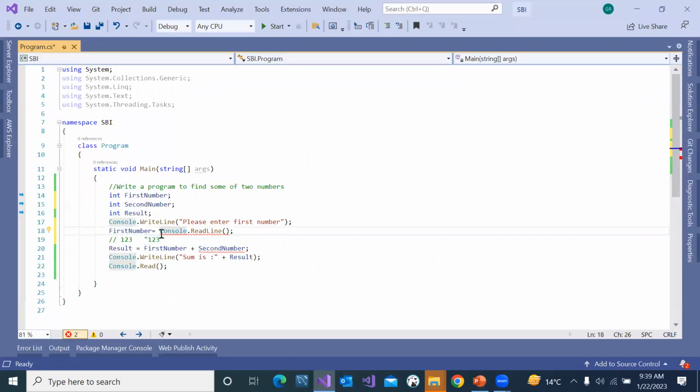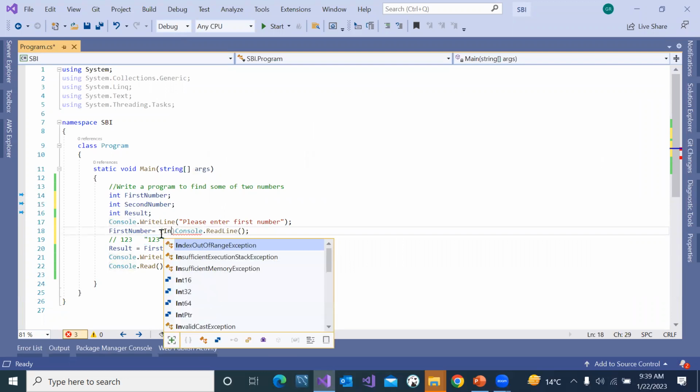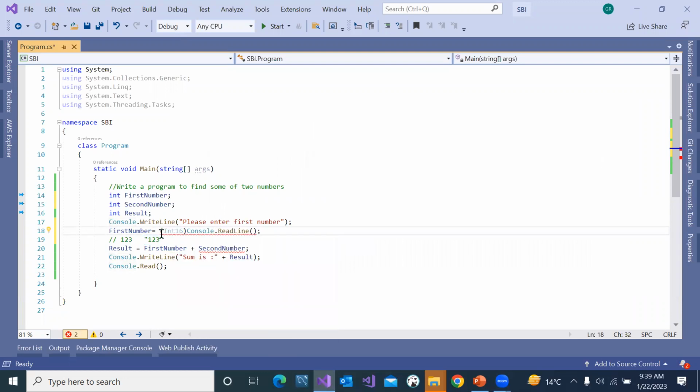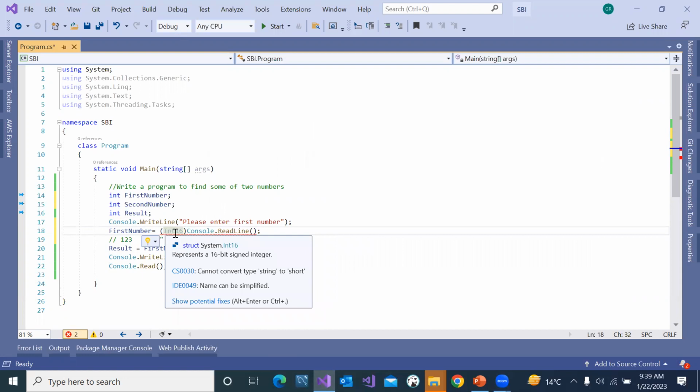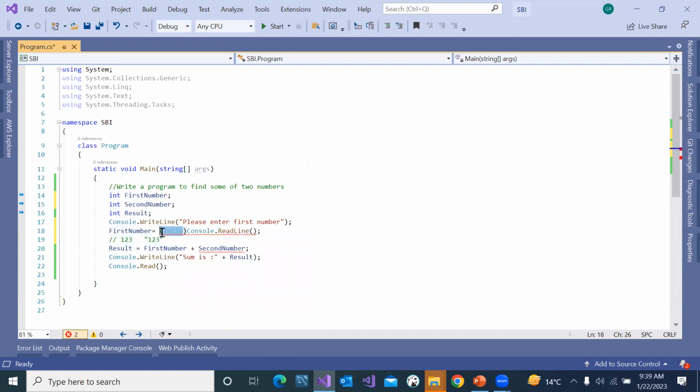If you want to convert this into Int16, Int32, Int64, something like this. But the problem is, if there is a number, then fine. If this is null or blank, for example, the user did not enter anything, it is going to come as a null value. Implicit conversion doesn't handle null values. If there is an equivalent number in the string, then fine, it will convert that into the respective number. If it is null,